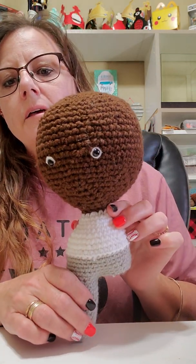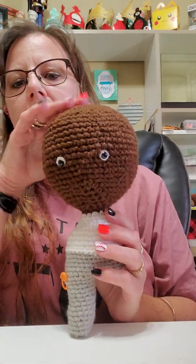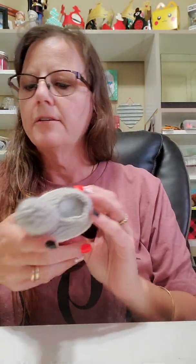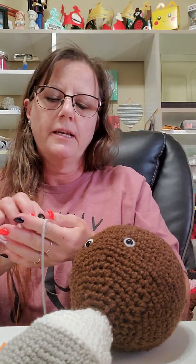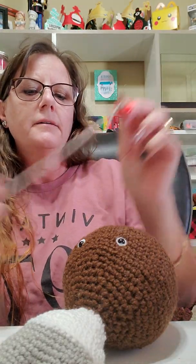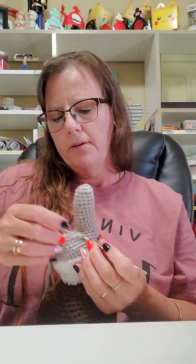yarn. So there's that. This has so far been worked in a continuous round from the top all the way down to this leg, and I'm getting ready to start the other leg. So let's go ahead and get that guy started. So you read through the pattern, and then it says for the second leg to join and to continue like you did the first leg. So I'm going to do my slip stitch, get my teeny tiny little hook here, and I will join. I'm going to join as close in here as I can so that I can work